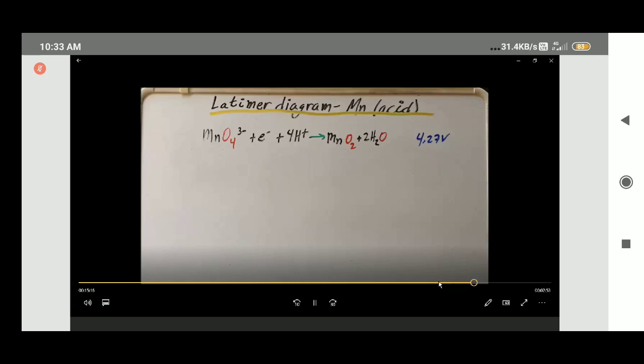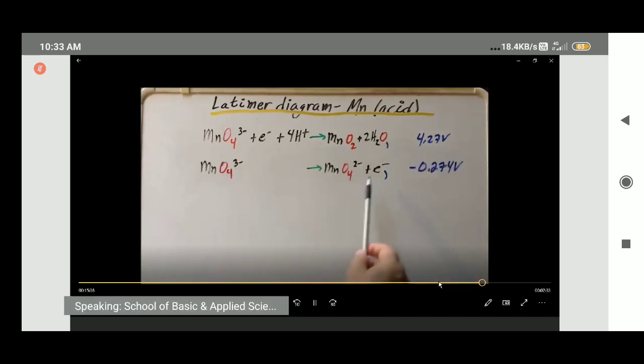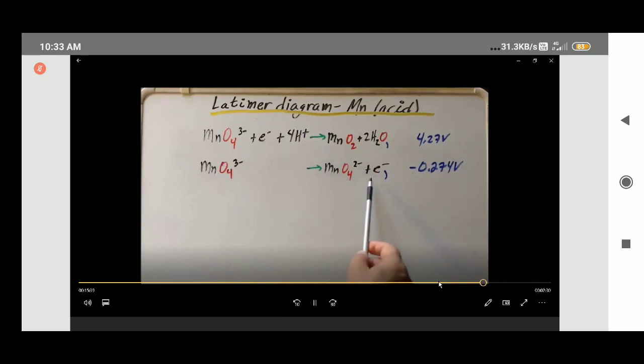Next, we're going to take the reaction involving reduction to the species, and we're going to write it in reverse. You notice that if we change the reactants and the products of a half reaction, we change the sign of the standard reduction potential. So in the second reaction, we've written it not as a reduction, but as an oxidation. We've taken the standard reduction potential half reaction, flipped it, and therefore we changed the sign from a positive to a minus.